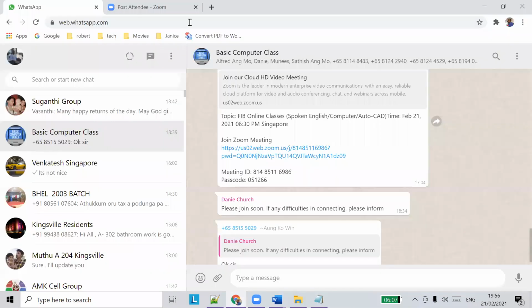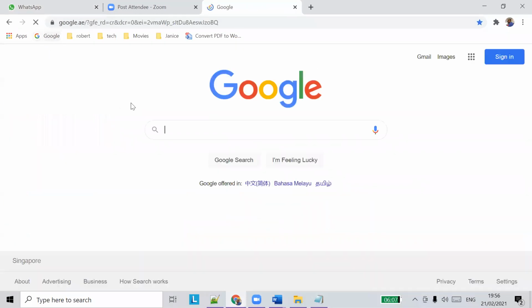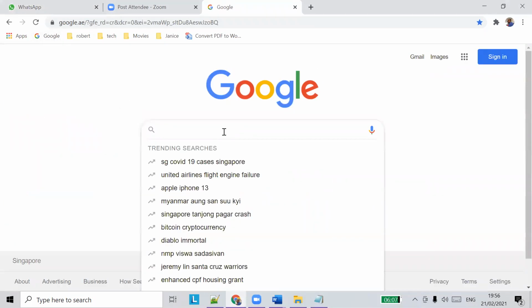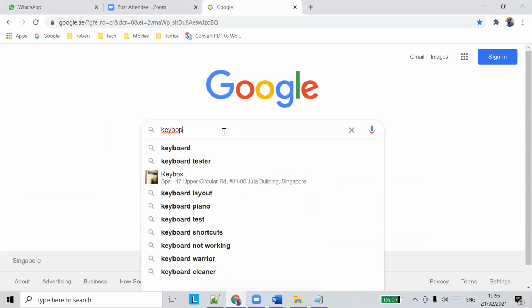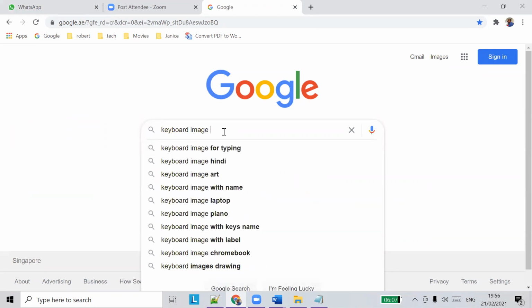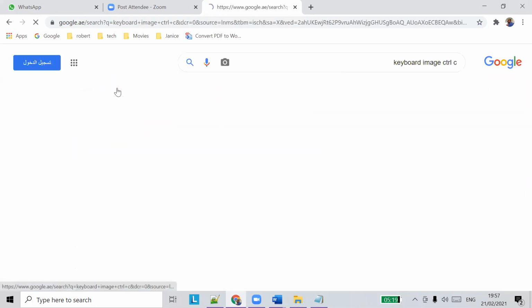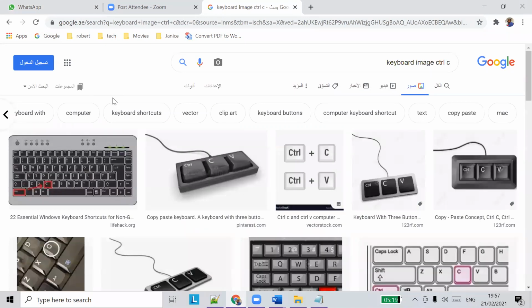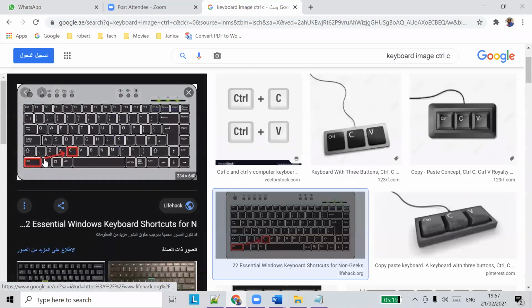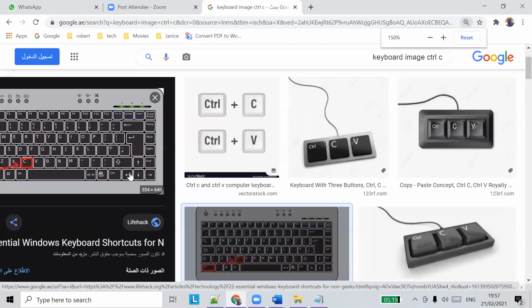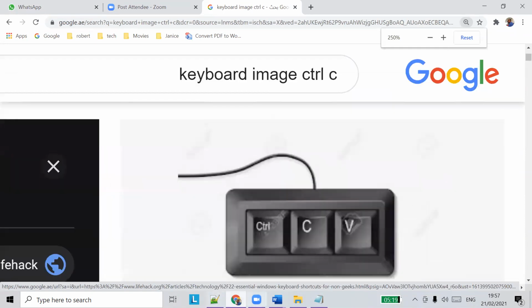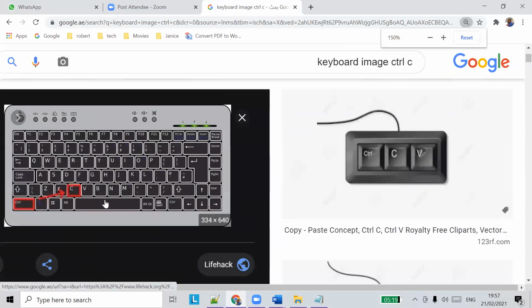If you want, I can show you the control keyboard shortcuts here. For people who don't have a computer, you can see the shortcut here. This is the control key.